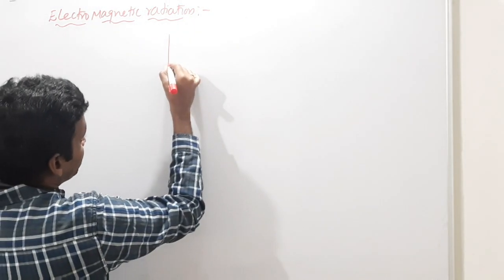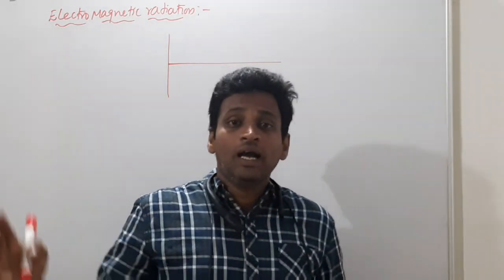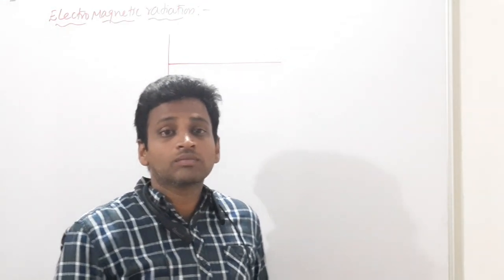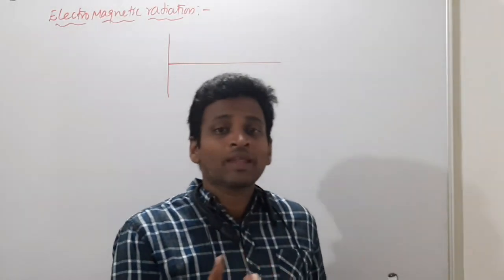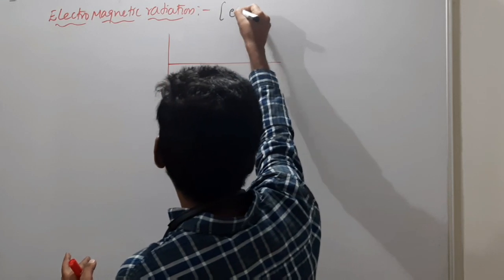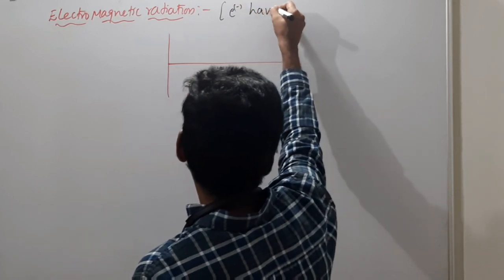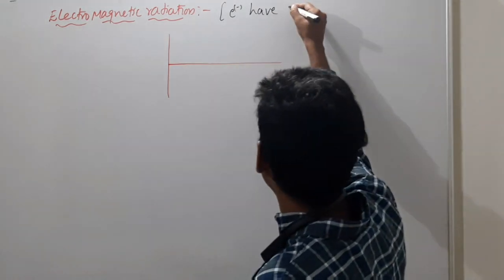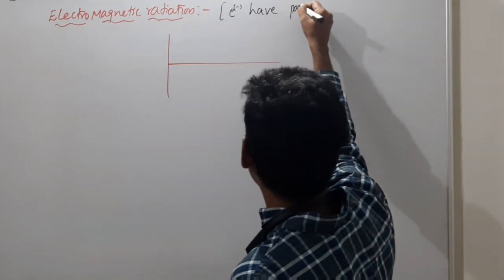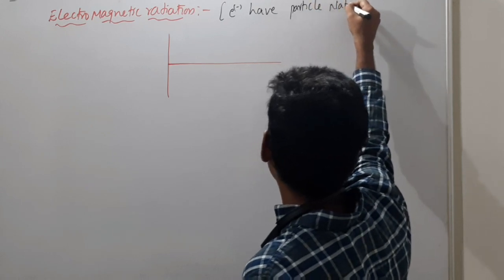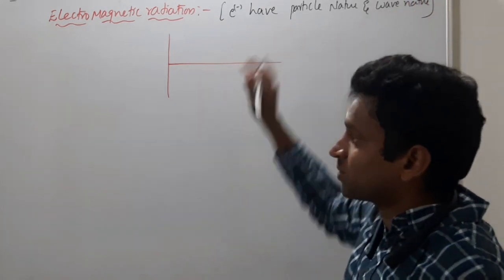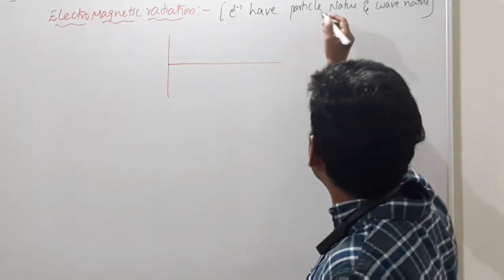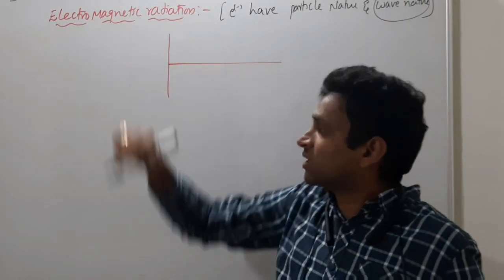That means from that you have some idea. Electrons are very small particles and have a dual nature, meaning they have a particle nature and a wave nature. So the final thing I am trying to tell you here is that electrons are very small, so electrons have two natures: one is particle nature and the other is wave nature. These things I am explaining today. Wave nature we are discussing as electromagnetic radiation.